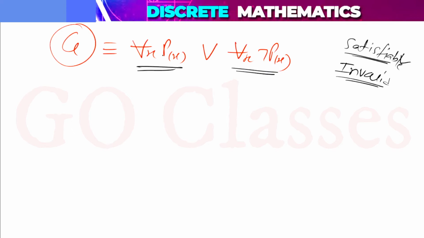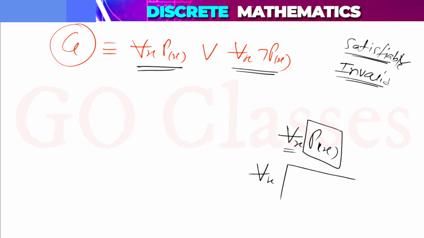Remember one more thing. There is something called the scope of a quantifier. For example, if I write for all x px, then let's assume this is the scope. Every quantifier has a scope. Let's assume I write for all x, and this is the scope of this quantified variable. Then remember, out of this scope, after this scope,